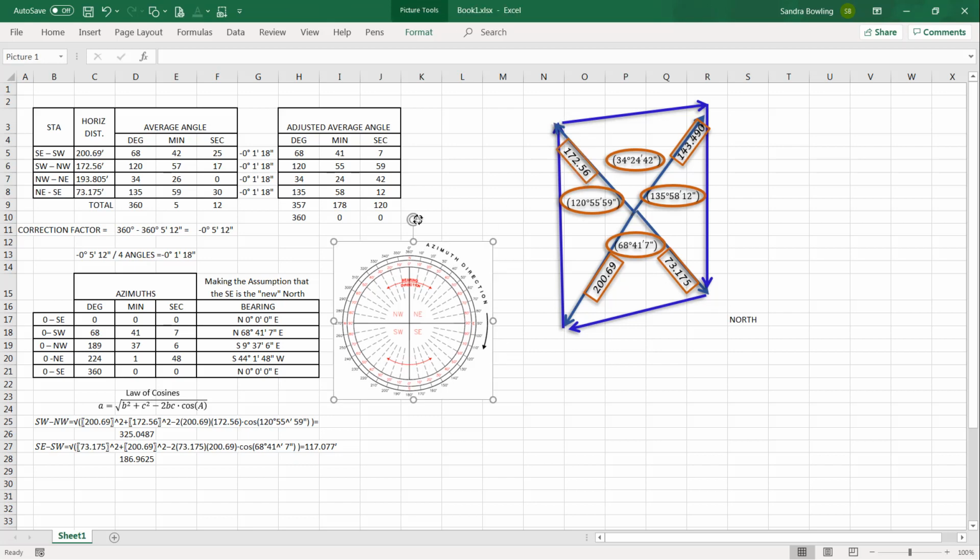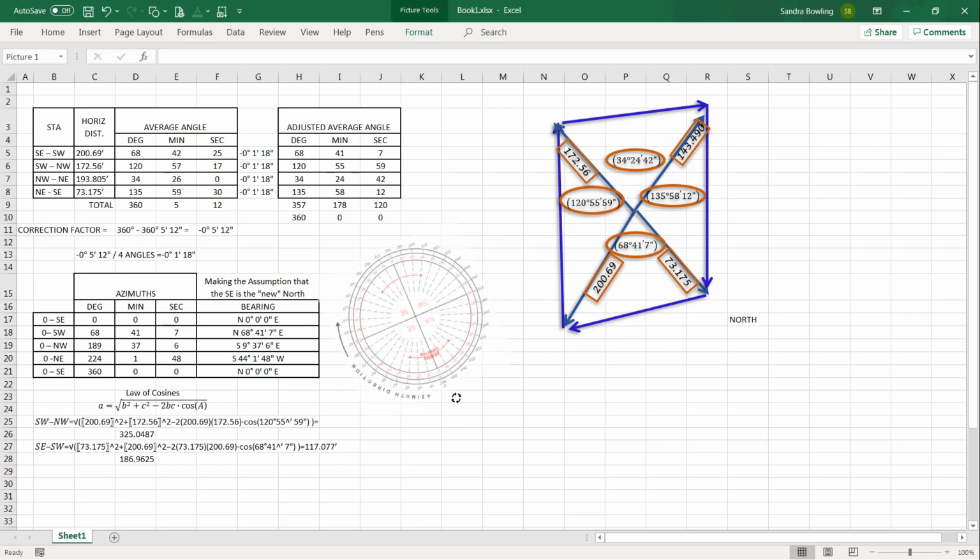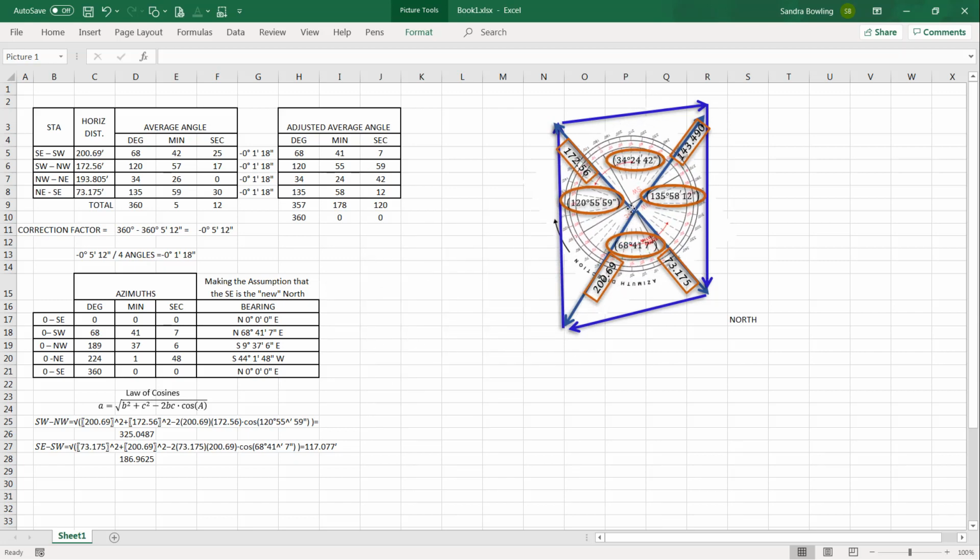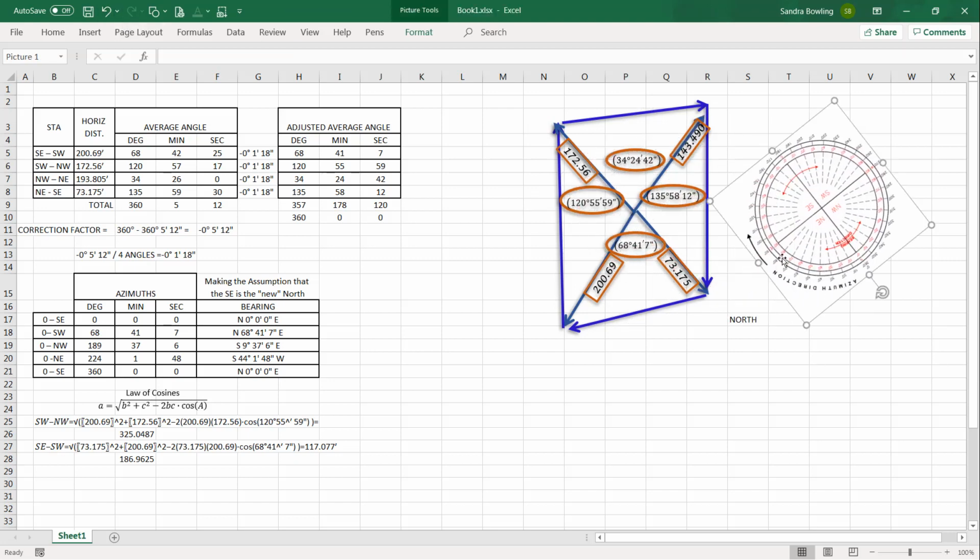I'm just going to rotate this one, it's a lot easier. So basically I've said this is now my new north. If I take this on top of this, okay, this is now my new north. And you can see that if I move, oops, undo. If I move this over, this line here is now in the northeast quadrant. This line here is now in the southeast quadrant. This line here is in the southwest quadrant, and it goes back to the 0 degree line, which is my